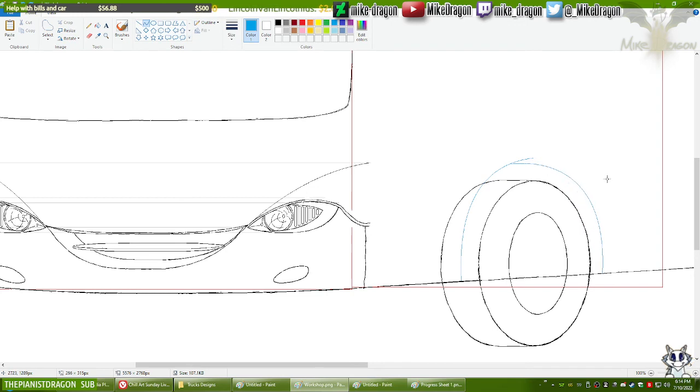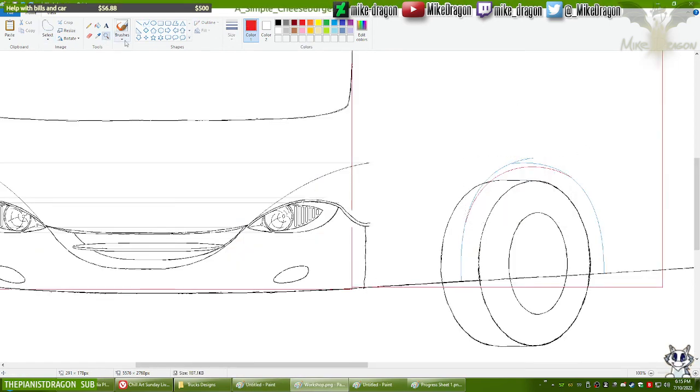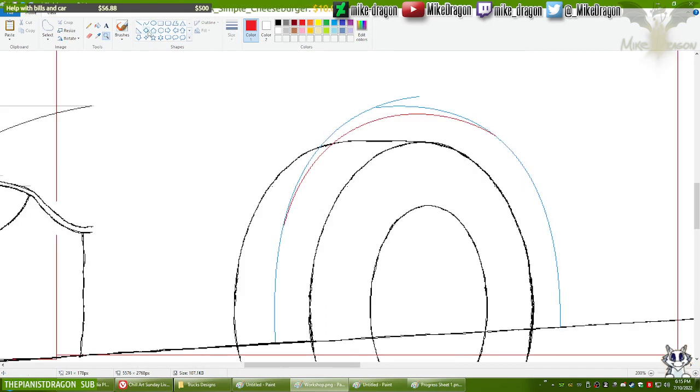Okay, shape-wise, this is not completely right, but that is okay. This is expected. That, however, is not expected. I don't know where that came from. Okay, I think this is good.